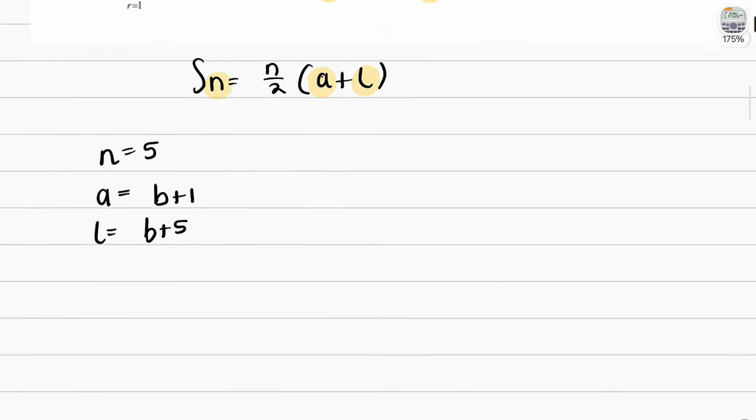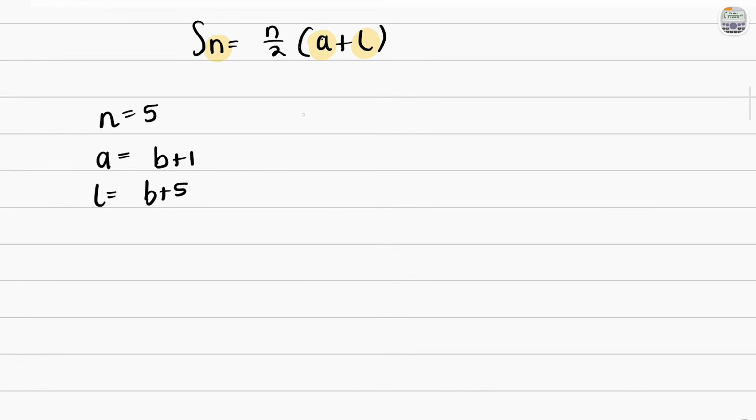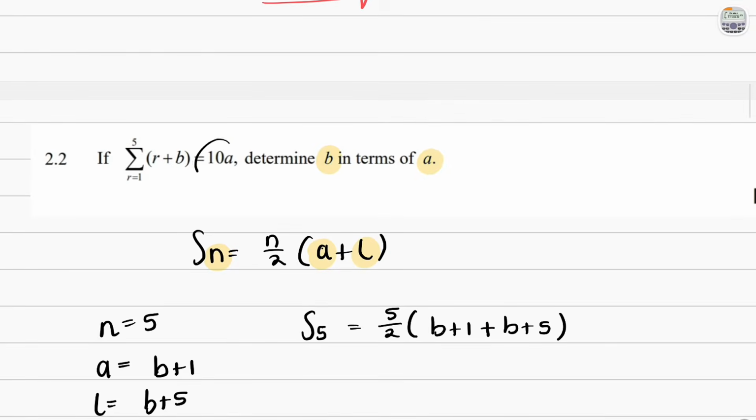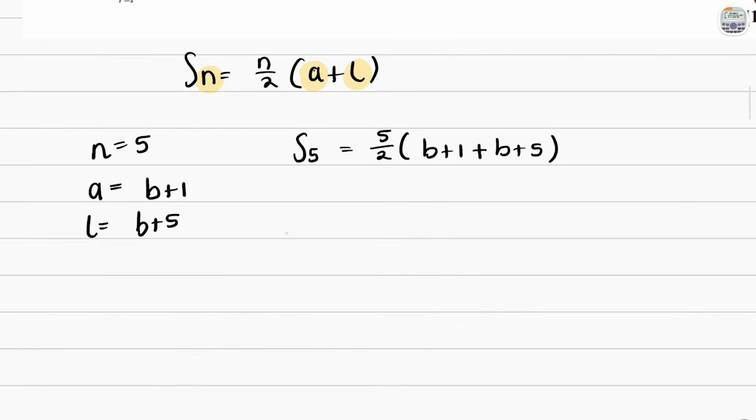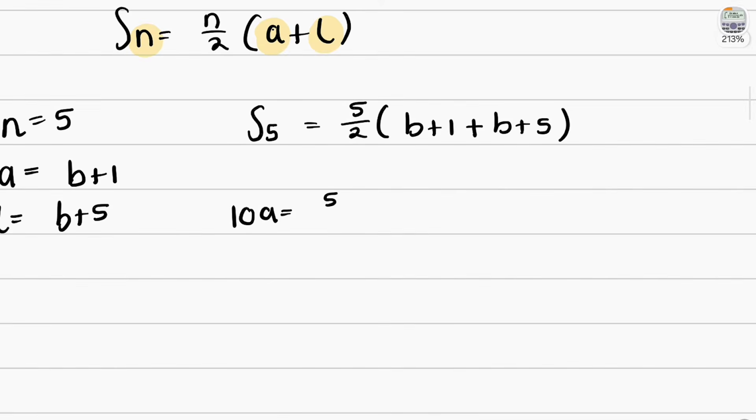These are all we need. So we'll say the sum of 5 terms is equal to 5 over 2 multiplied by b plus 1 plus b plus 5. And we know what the sum of these 5 terms gives us: 10a. So 10a is equal to, and just simplify,